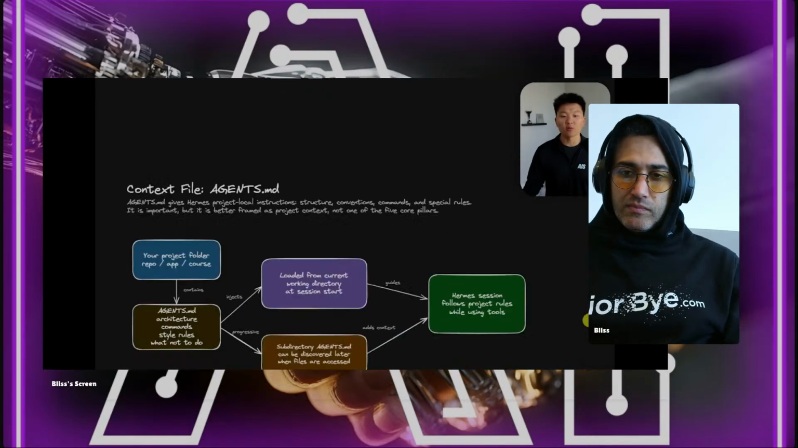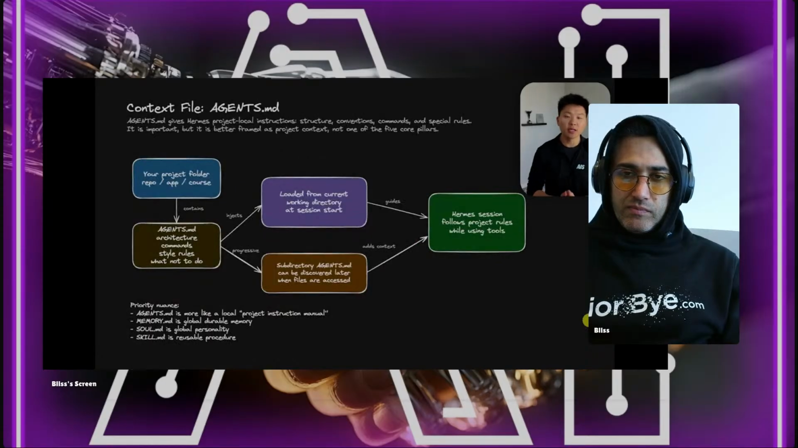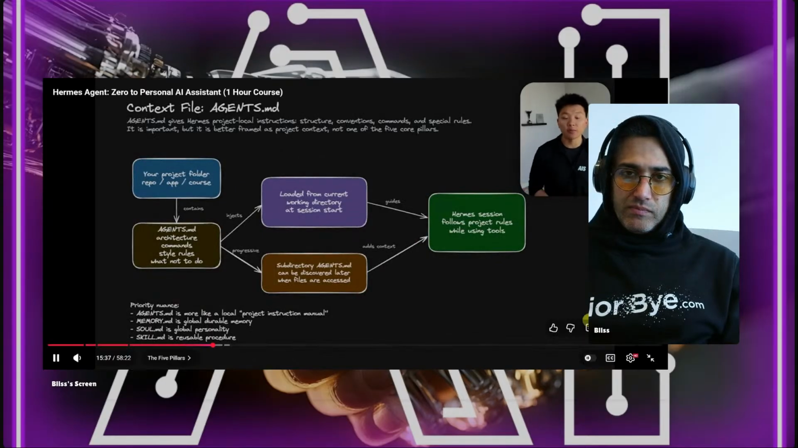And there is one more kind of honorable mention, which is the context file. So agents.md, if you're using Codex, you know what that is. If you're using Cloud Code, this is the Claude.md, which is kind of just like the overall project goal, kind of like the structure of the project. So this is something that you're more so going to use if you're like coding in different projects with Hermes. And I would say more so if you're in like